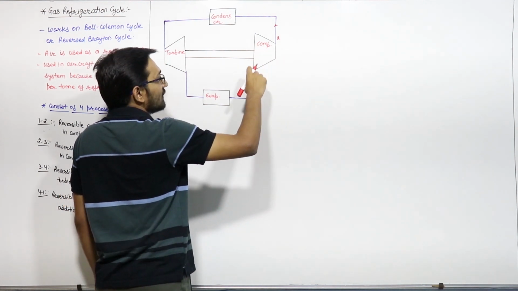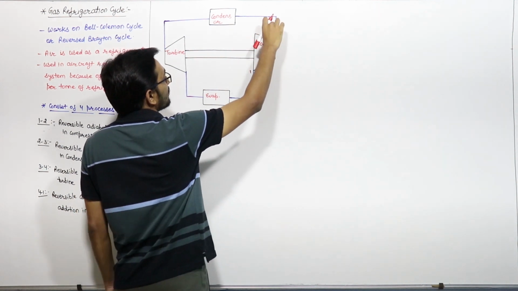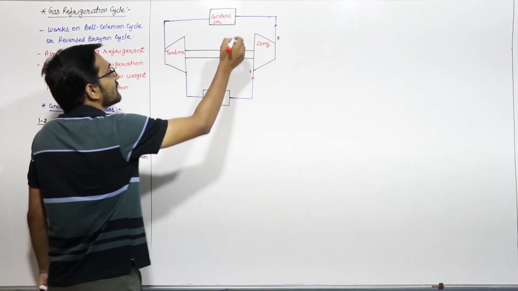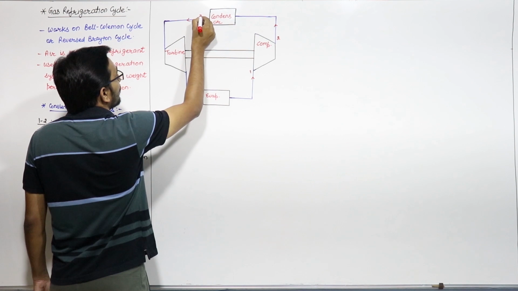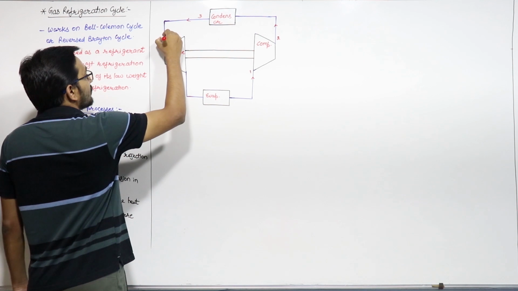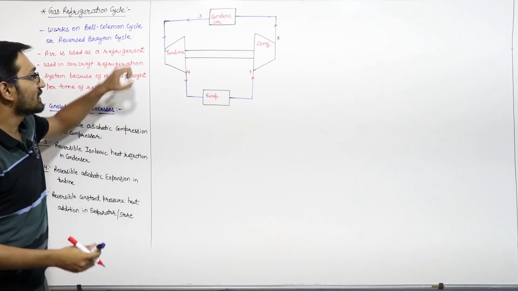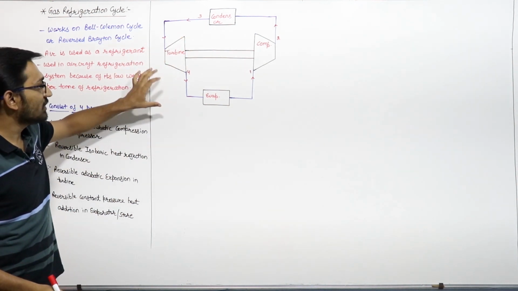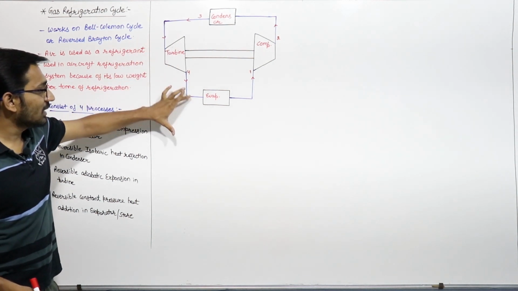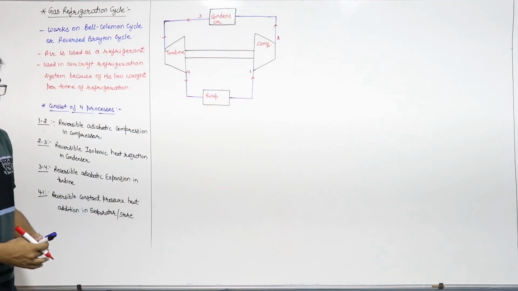In the compressor, generally we show the inlet at the larger area and the outlet at the smaller area. That's why we can say that it compresses the air. Next, 2 to 3 is your heat rejection in the condenser. Next is 3 to 4, this is point 4. 3 to 4 is the expansion in the turbine. In the turbine we generally represent the inlet at the smaller area and the outlet at the larger area. And next, 4 to 1 is in the evaporator, right?